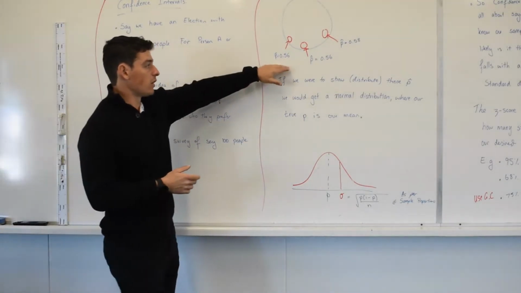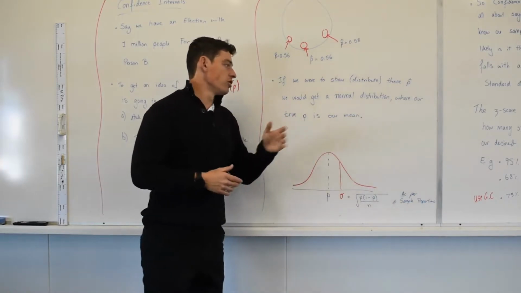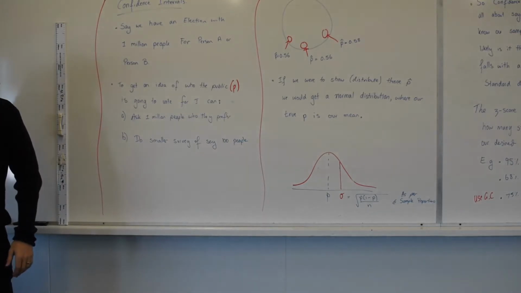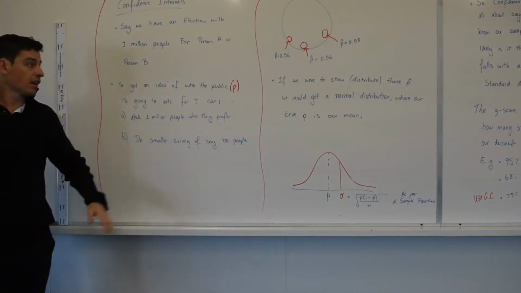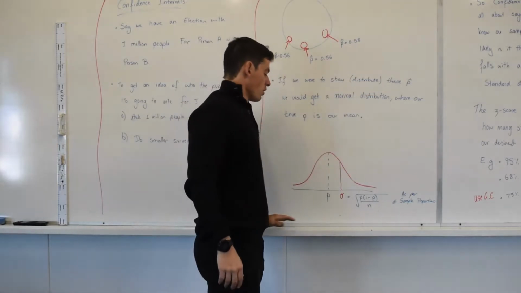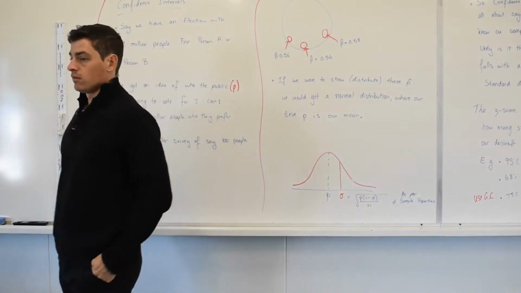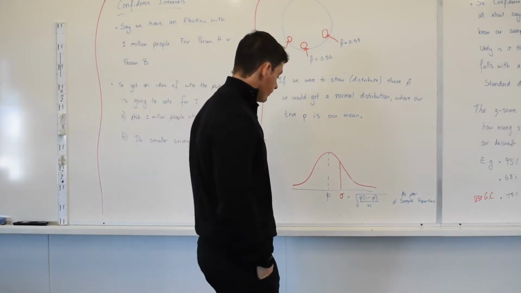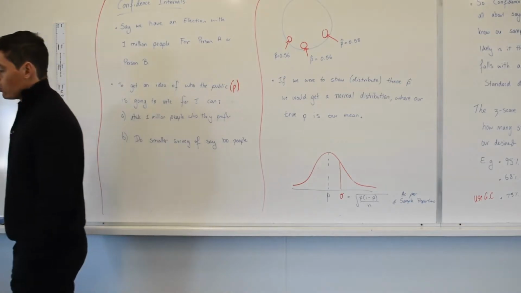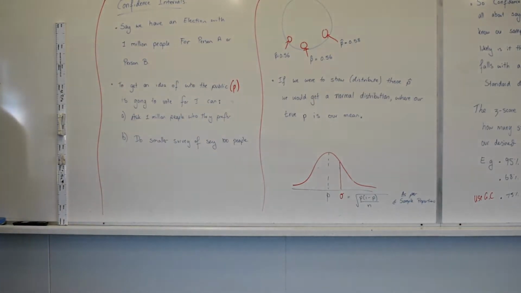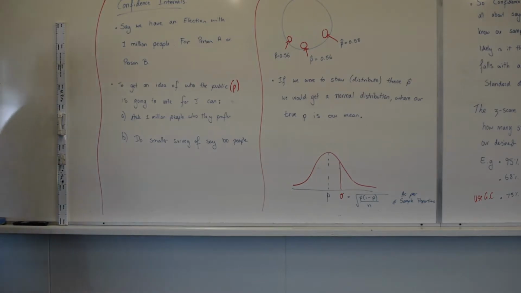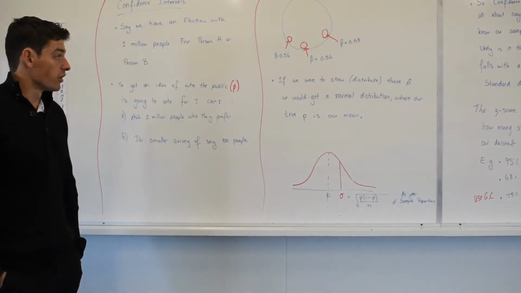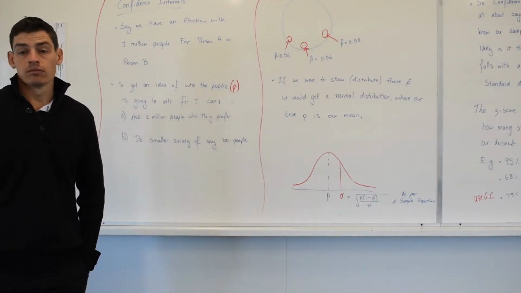If I was to get all these different sample proportions and distribute them, what would happen? How would it look? If I was to get all these sample proportions and put them on a line like this, how would it look? Like a normal distribution, correct? We know that from our sampling proportion. Where would we expect our normal distribution? Or what would be the mean of our distribution? The average of those. Yeah, the average of those, which would be what? 0.56